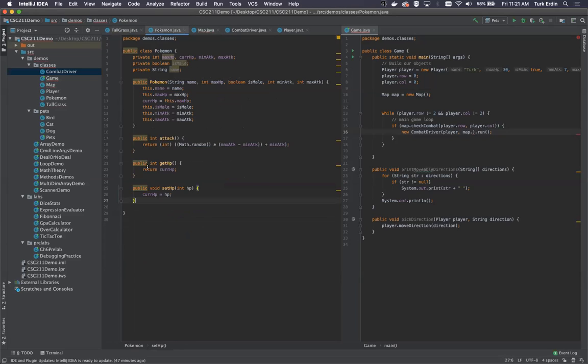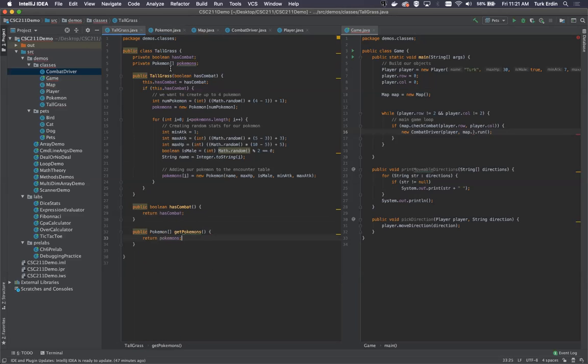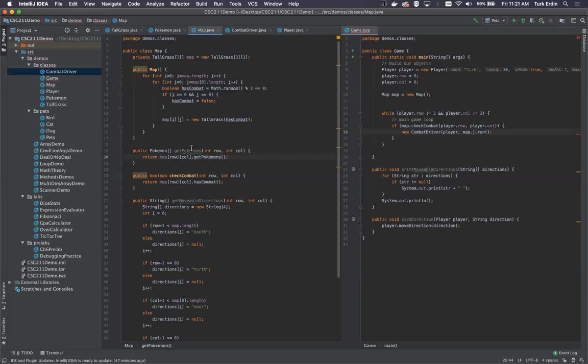So as you guys can see, we have a little chain of carrying data because the data we want is housed in tall grass. We want to get what Pokemons are dwelling within this tall grass. And we pass it back to map because map can be accessed by our game driver over here. Map dot getPokemons at player